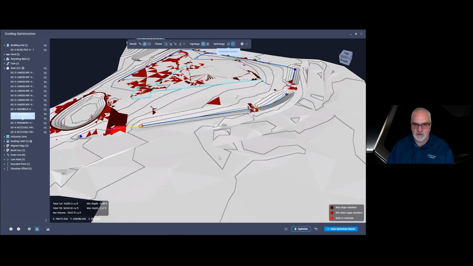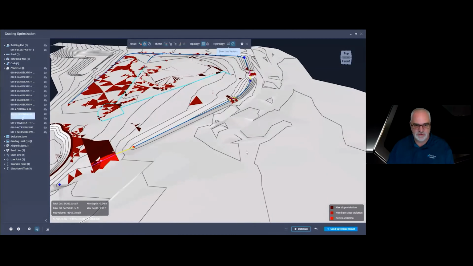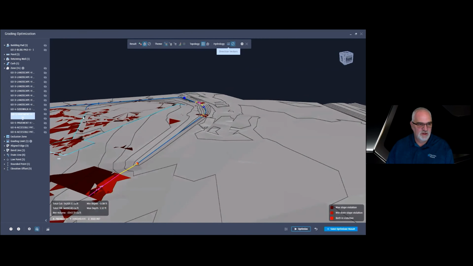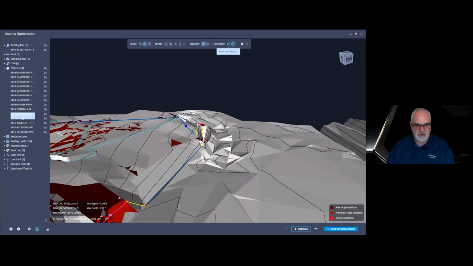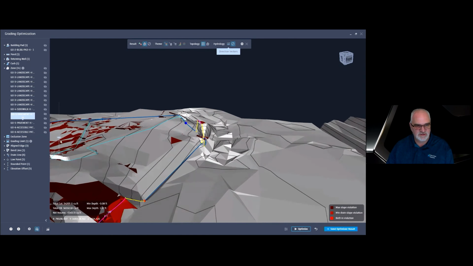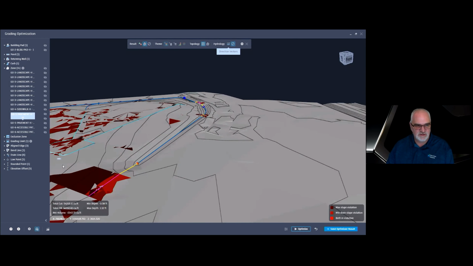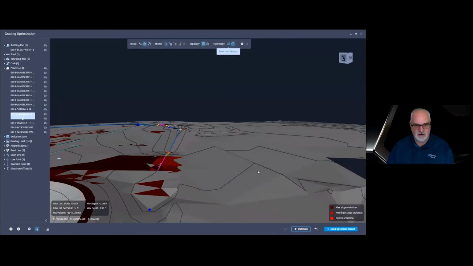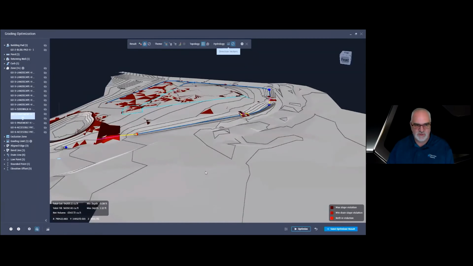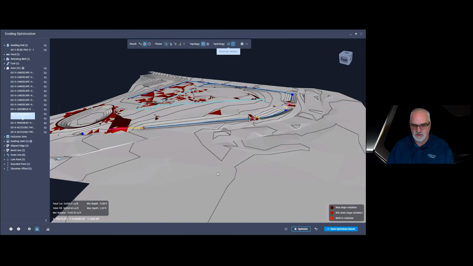And that's it. You can see it stopped doing the optimization. Before I take it back to Civil 3D, I can exaggerate that elevation and look a little bit at things just to see, does it make sense? Things looking right. Kind of look around. I think it's looking good.